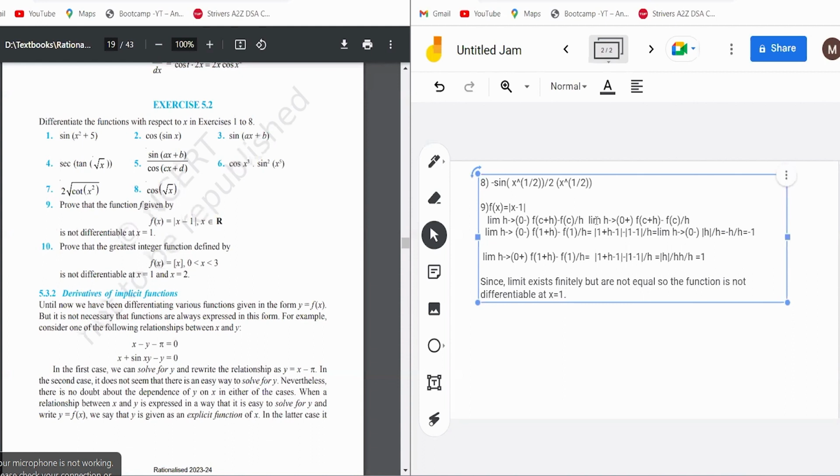So in this way, I've completed the question number 9. So let's move to the last question, question number 10. So what's being said in question number 10? It is a bit lengthy question. So let's do it clearly. Prove that the greatest integer function defined by f of x equal to greatest integer function of x from 0 to 3 is not differentiable at x equal to 1 and